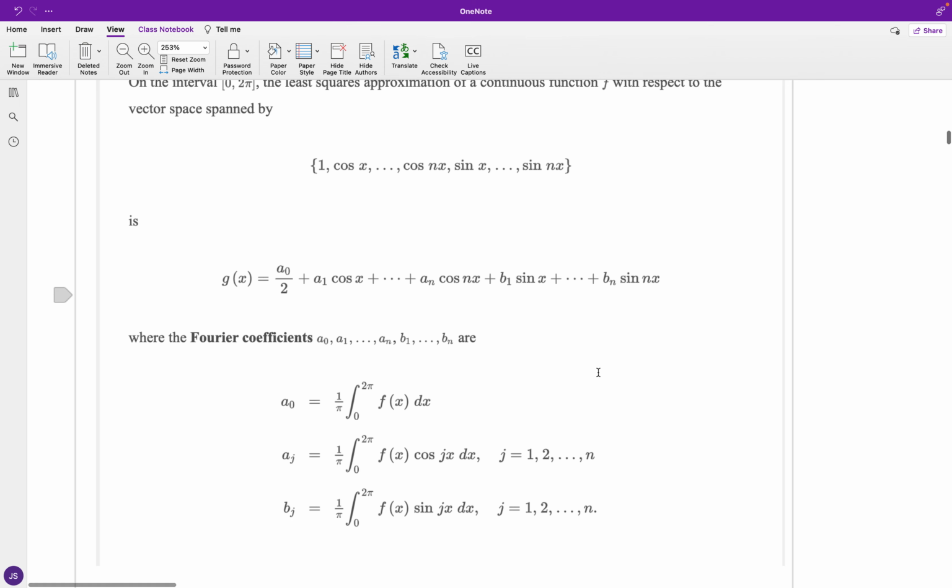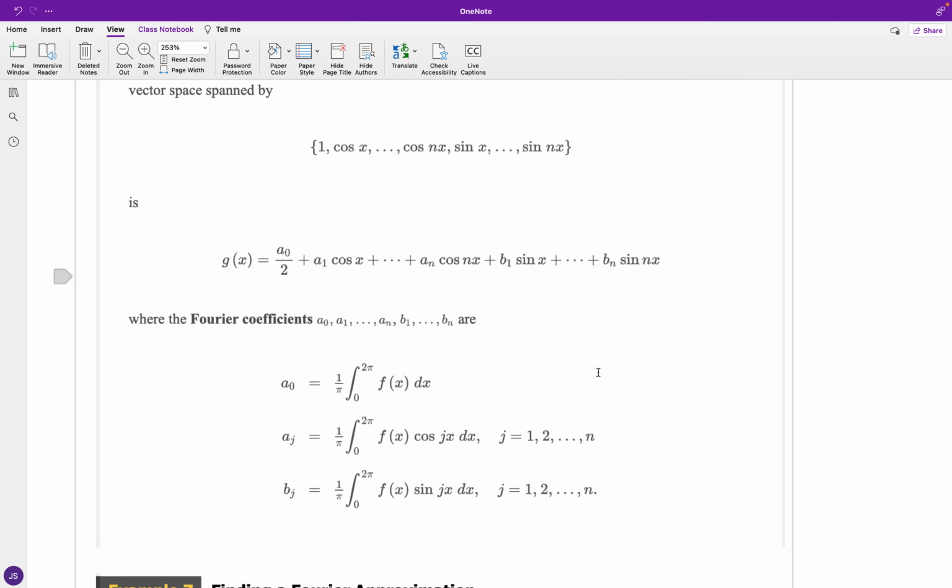And we have for a naught, so we have 1 over pi times the integral of f of x dx, as x goes from 0 to 2 pi. And then for a sub j, this will be the coefficient of the cosine terms. And a sub j is equal to 1 over pi times the integral of the function times the cosine of j times x dx as x goes from 0 to 2 pi,